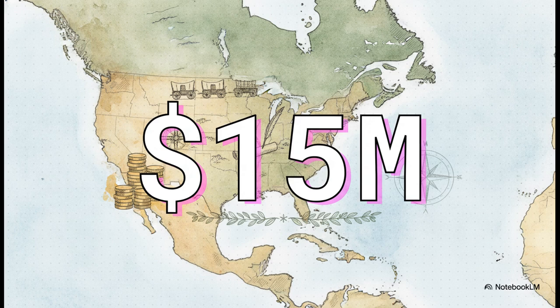In 1803, they pulled off what has to be one of the greatest real estate deals in human history, the Louisiana Purchase. For just $15 million, which is wild to think about today, they bought a massive chunk of territory from France, instantly tripling the country's size. And they didn't stop there. They acquired even more vast lands after defeating Mexico in 1845.